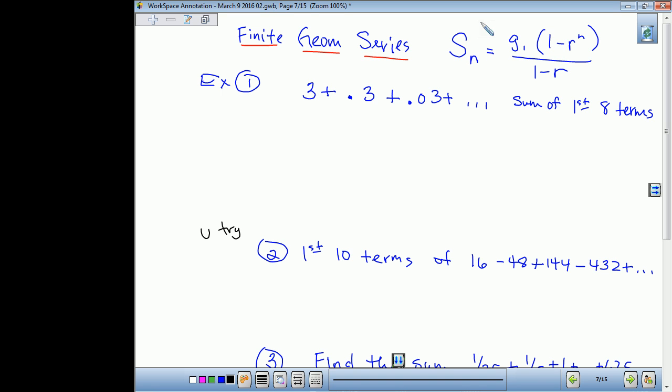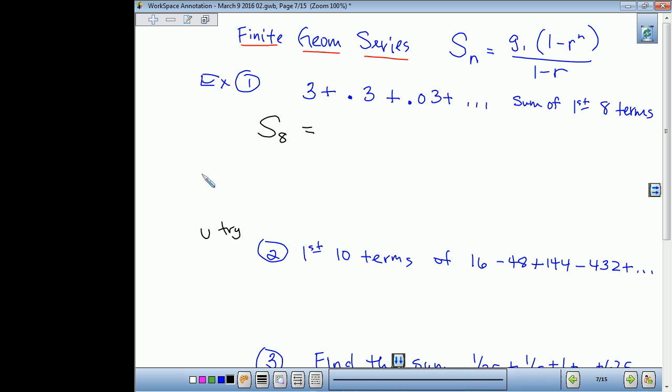Okay, so finite means a series that ends. So here we go. This one has the ellipses, but I say find the sum of the first 8 terms. So we're not looking at an infinite series here. We're just looking at the first 8 terms. Let's use our new little formula we developed. The sum of the first 8 terms